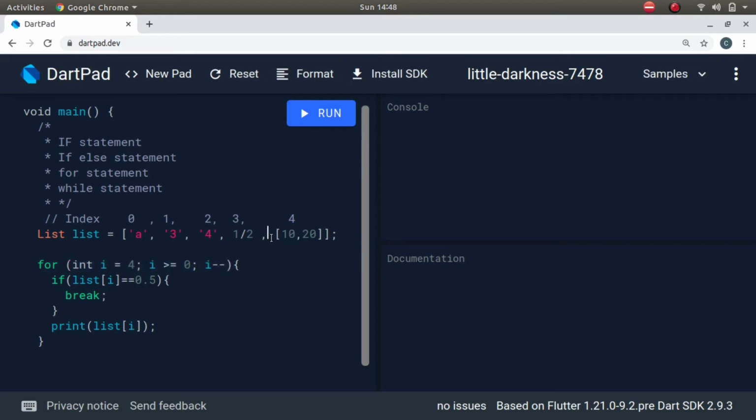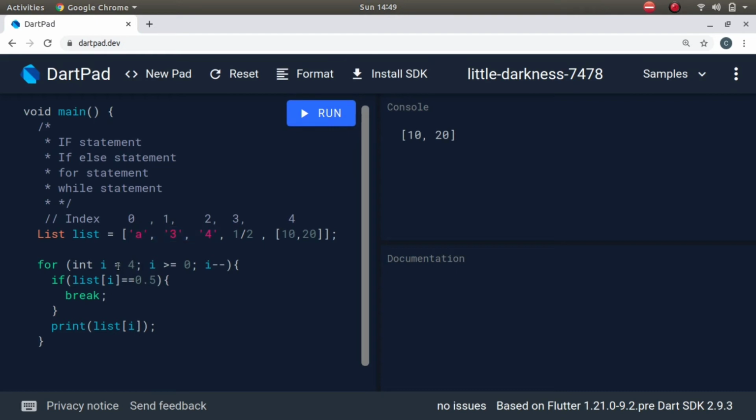All the iterations after 1.2 will not be done, will not be printed here. You can run the code and see that up till only these three.